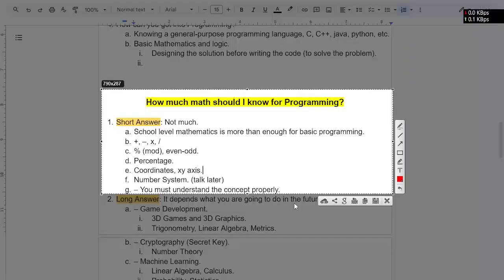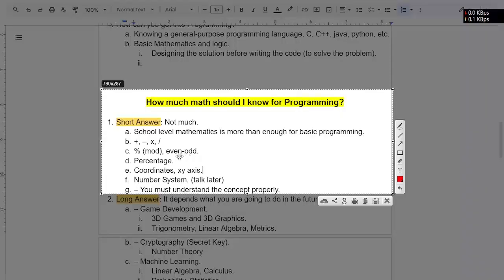When we are learning some programming languages, our most common question is, how much math should I learn for programming? The short answer is not much. High school level mathematics is more than enough for basic programming. What are the mathematics calculations or formulas you know from the high school level that are far enough